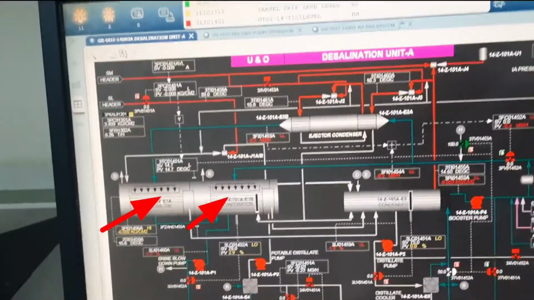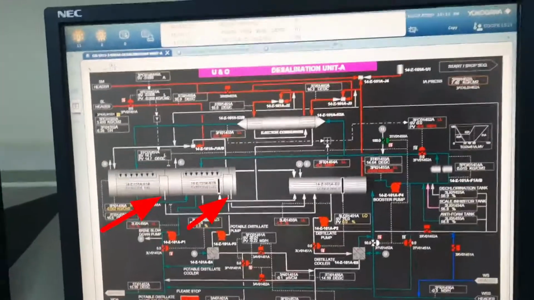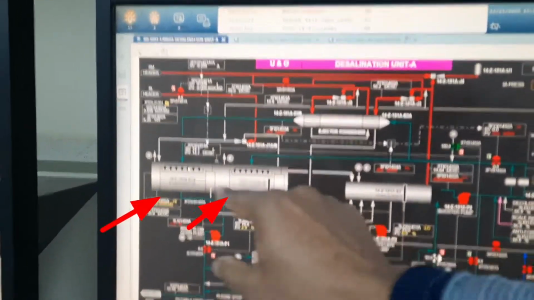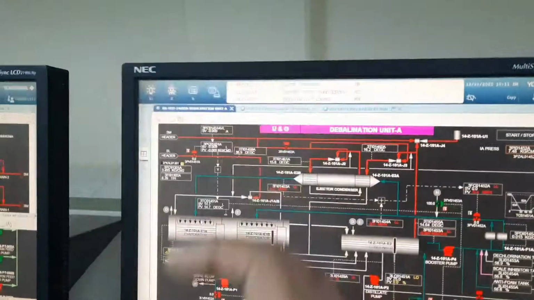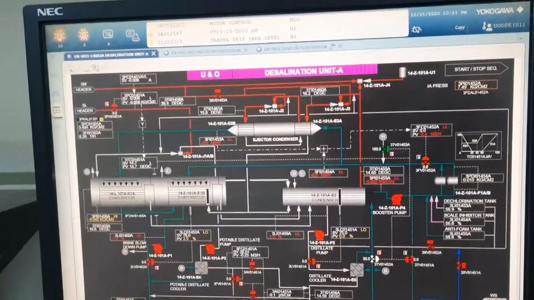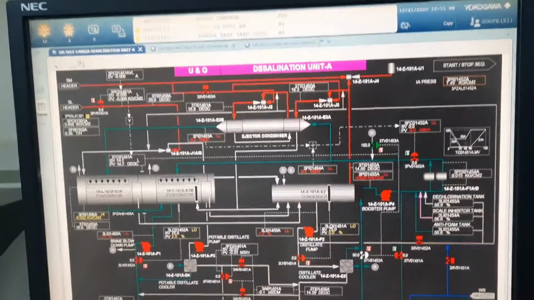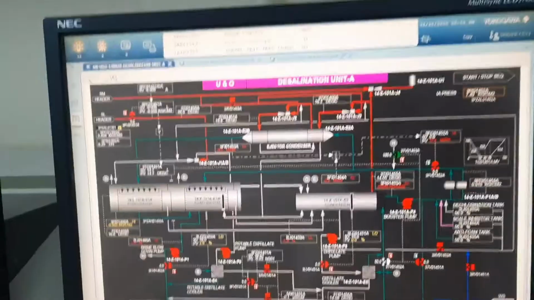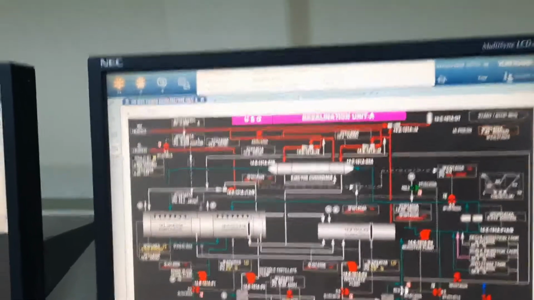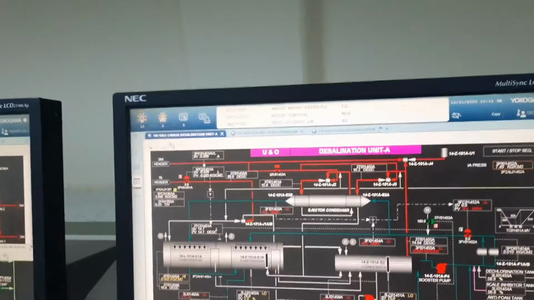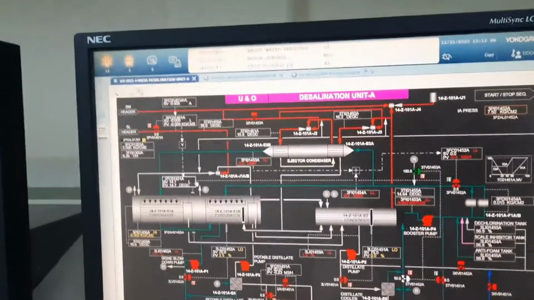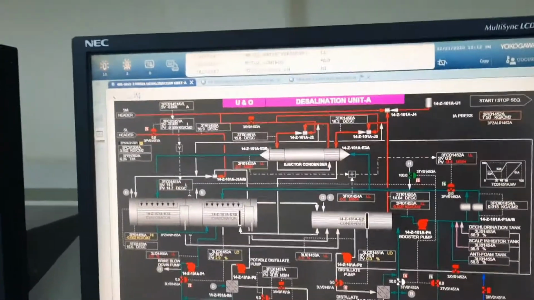This is our evaporator cell. Basically we clean the evaporator tube. The main purpose of acid cleaning is cleaning the scale formation on the tube side, the evaporator tube bundle. The main function is removing the scale from the evaporator tube. So before cleaning, our target is water washing 2 times to reduce the concentration to around 2 microsiemens per centimeter. For reducing the water concentration, we first do the water washing. Every cell we will wash 1 hour at least.